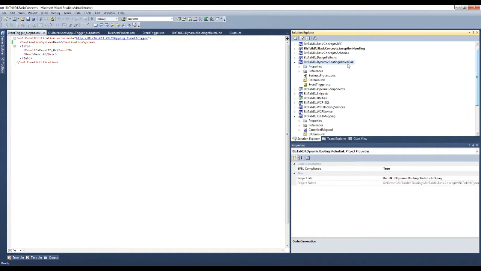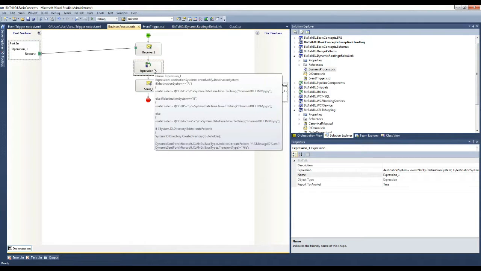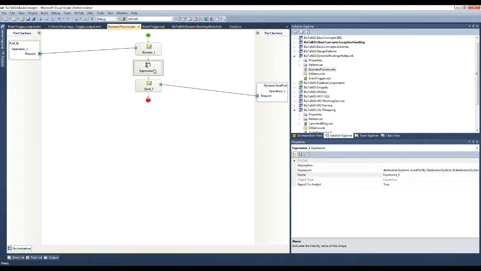So to overcome this, we can use roles and links concept, which will help us to route the message dynamically through a static send port, and we can make any changes to the send port properties by leveraging the roles and links concept.